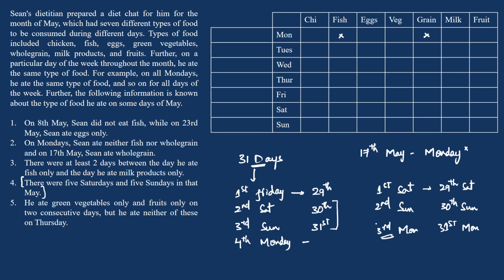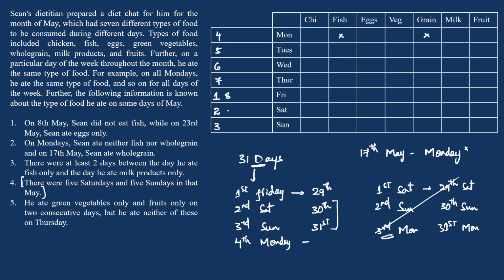If third is Monday, then 3 plus 7, 10. So 10th will be Monday, and if 10th is Monday, then 17th May will also be Monday. But as per statement number 2, 17th cannot be Monday. So this case can be eliminated. So I can say that first is Friday, second Saturday, third Sunday, fourth Monday, fifth Tuesday, sixth Wednesday, and seventh